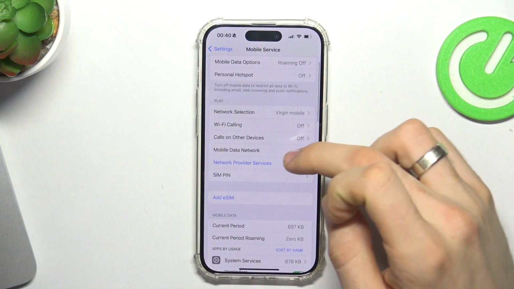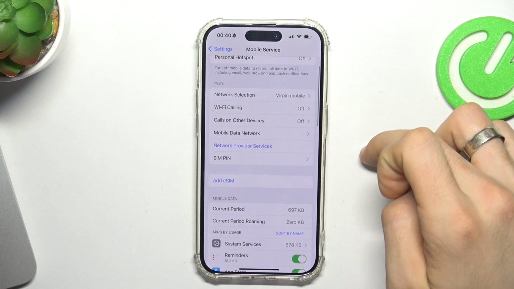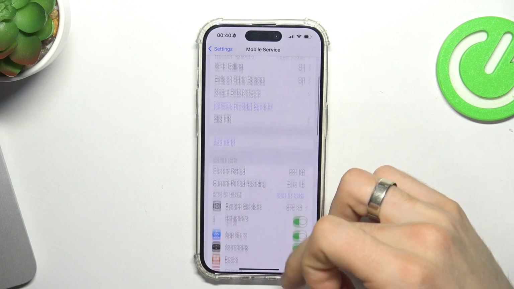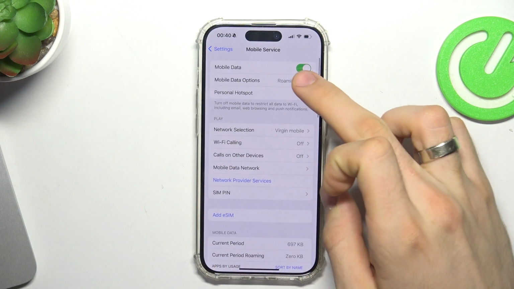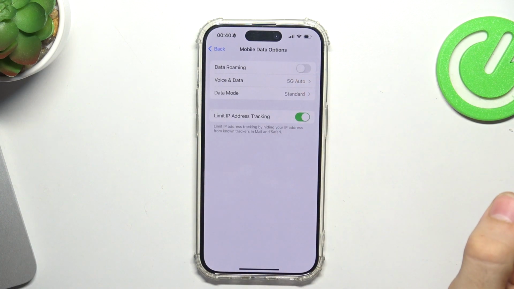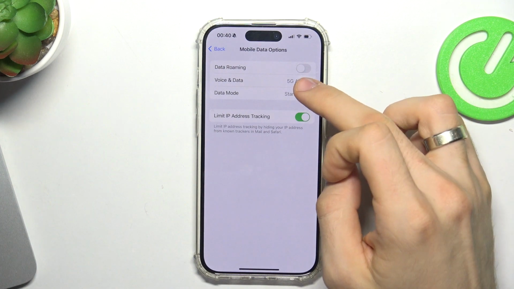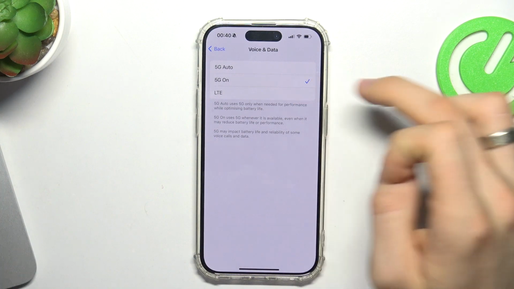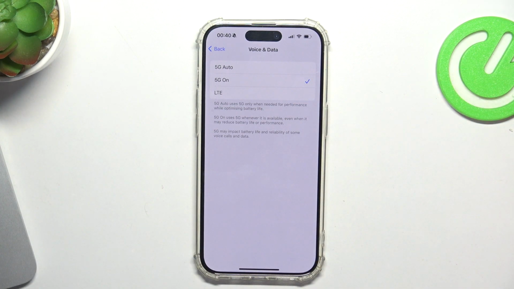Then scroll down again, and here, as you can see, we have the mobile data options, and in mobile data options we have voice and data, and here we have 5G auto or 5G on. If you will have 5G on, it means that your device will search for 5G networks only,